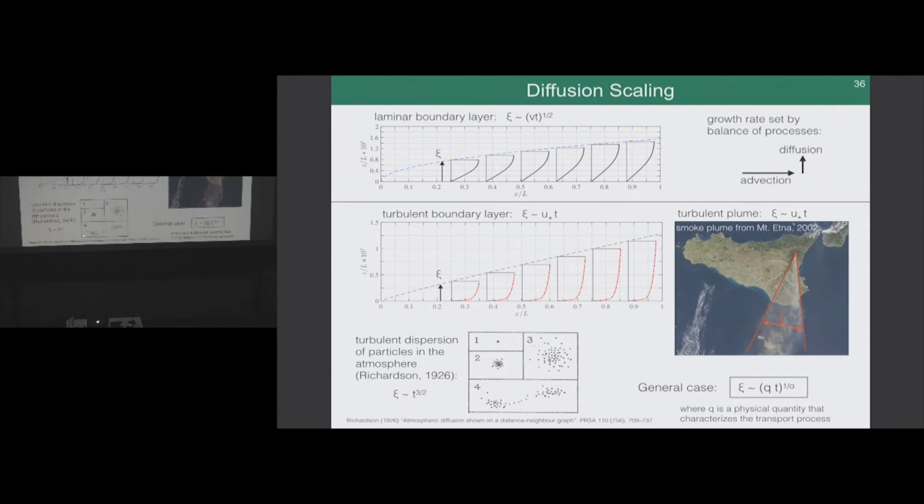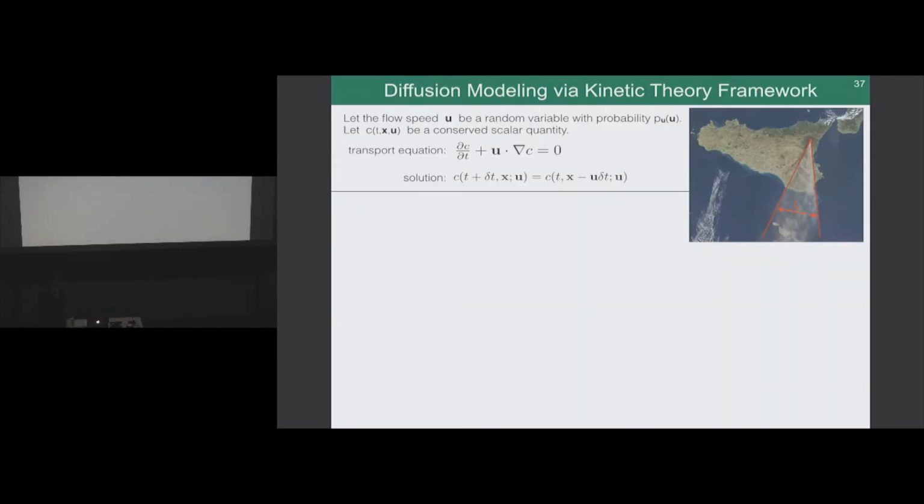And then there's a really famous paper from the 1920s where Richardson showed that particles in the atmosphere disperse like time to the 3/2 power. So there's various physical processes which give rise to various scalings in time, but we could say in a general case, diffusion happens with some physical quantity times time to the 1/alpha power, where alpha characterizes the rate of this diffusion. Okay, we're going to put that on the shelf now and then think about this